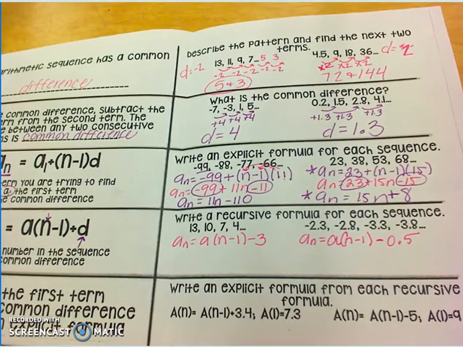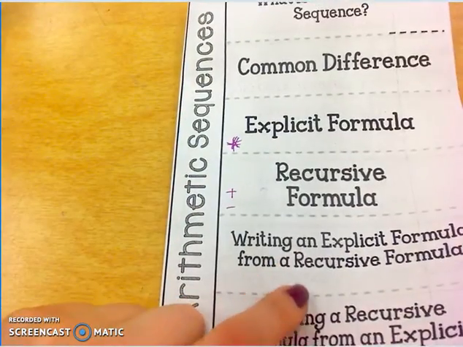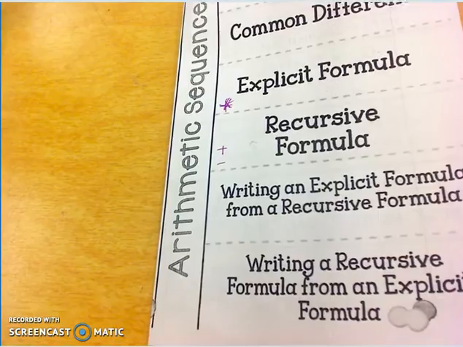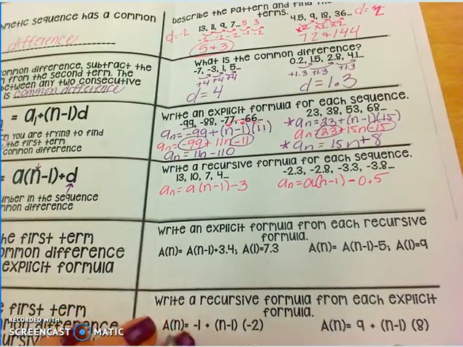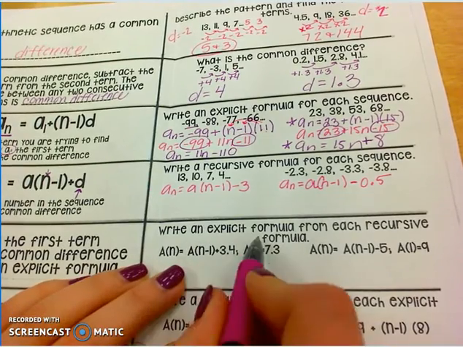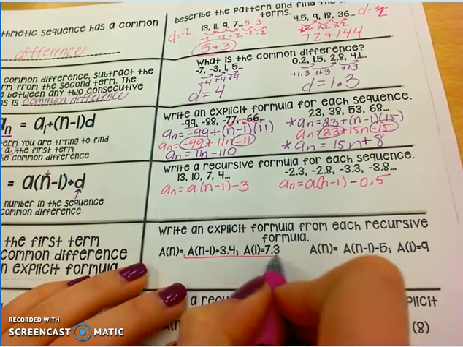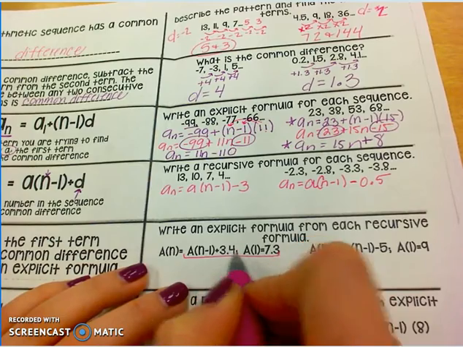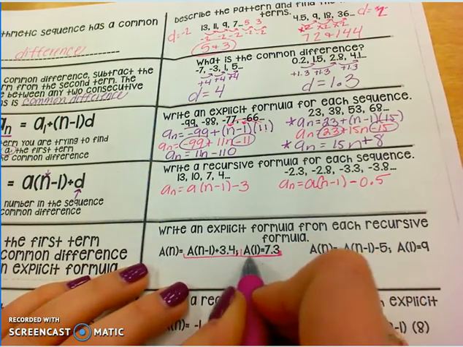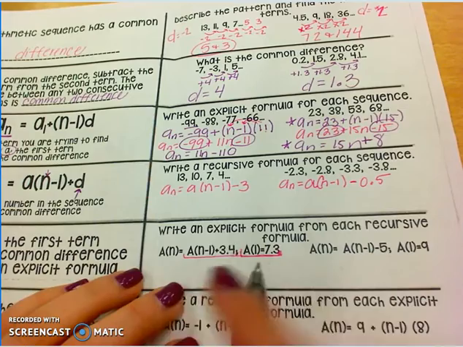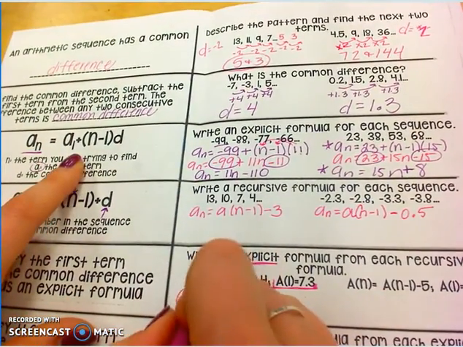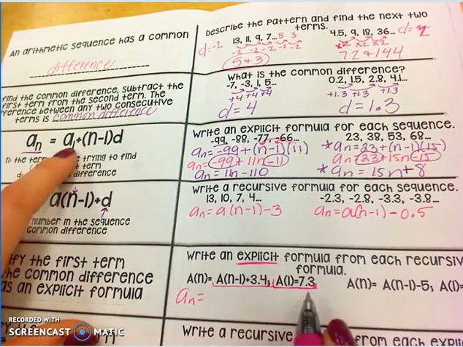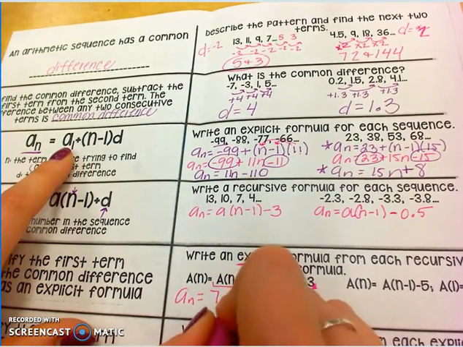Okay? Now we're going to go back and forth between the two. We're going to go from explicit to recursive, and then recursive to explicit. So I have recursive, and now it's telling me what the first term is. So I'm writing explicit: a sub n equals, what is the first term? It's 7.3